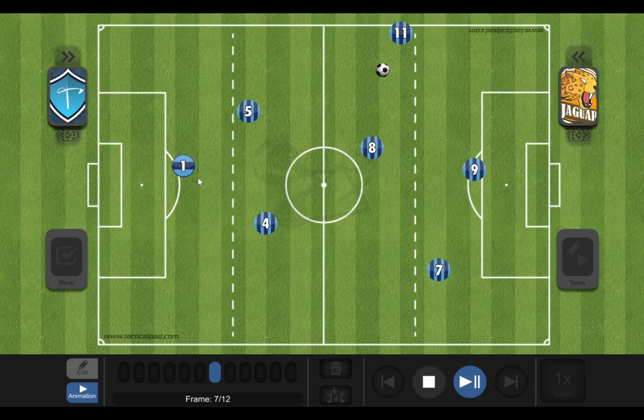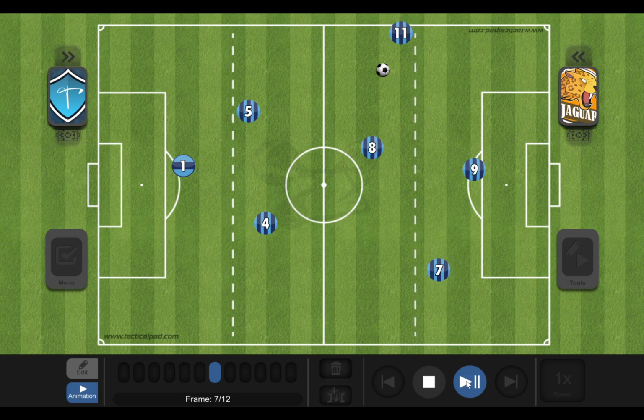The goalie is going to remain close to the build-out line. The 5 and 4 are going to get over halfway or close to it. And the 11 now has a 1v1 out wide. And we're going to assume that we're going to get a cross into the box from the 11. So the 9 and 7 are getting ready to crash, with the 8 covering the top of the box